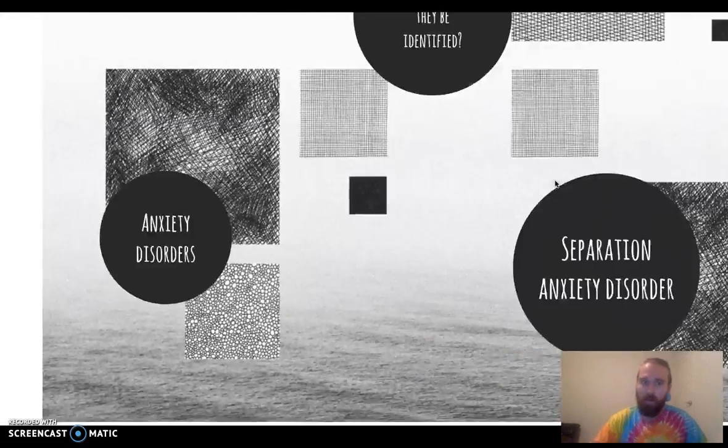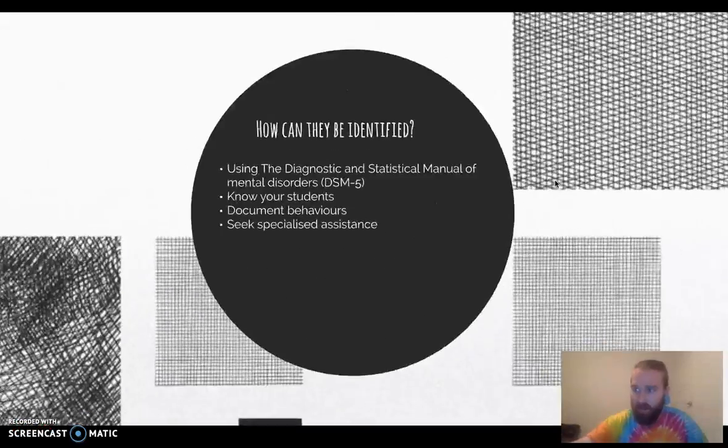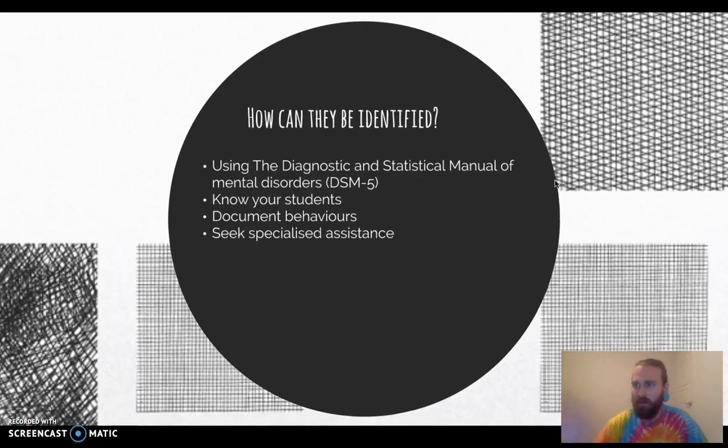Next, how can they be identified? As a general go-to, the Diagnostic and Statistical Manual of Mental Disorders is pretty handy. It can be used to help identify disorders among children in class that are living with undiagnosed. It's a useful tool because it's got different descriptions, different symptoms of all the major anxiety-related disorders. And beyond that,